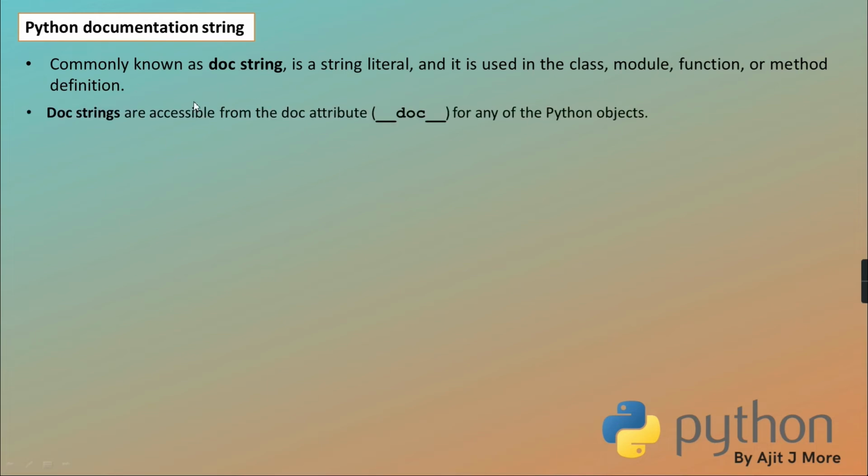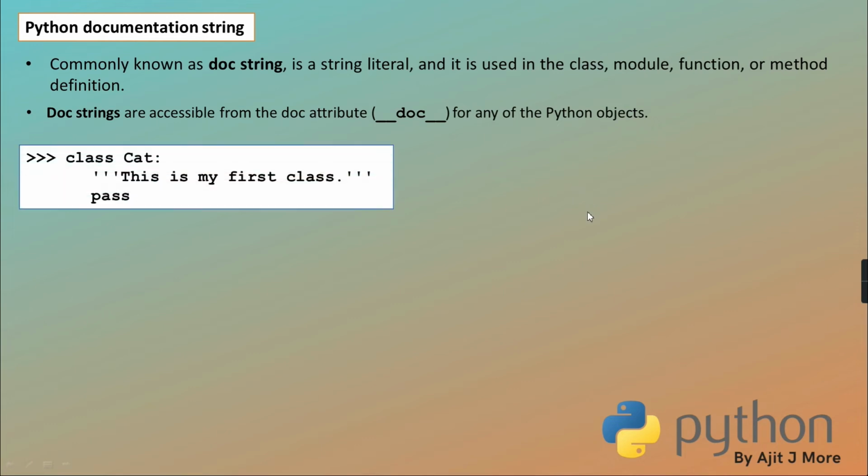Okay. But internally what happens? We write that simple docstring as a string literal. But internally Python will go and store that docstring in this property. See here, docstrings are accessible from the doc attribute of any of the Python objects. Getting? See here. Now I have created class cat. I wrote this docstring. Now I wrote it in 3 quotes, but actually that was meant for multi-line. If it is single line, no need to write 3 quotes. You can write single quote also. But what will the interpreter do internally? Will it store this whole string in this property of that cat class?